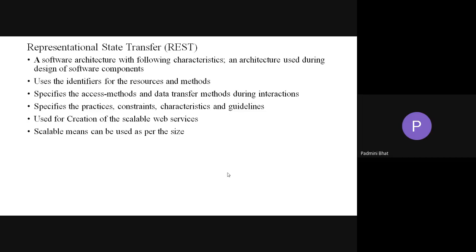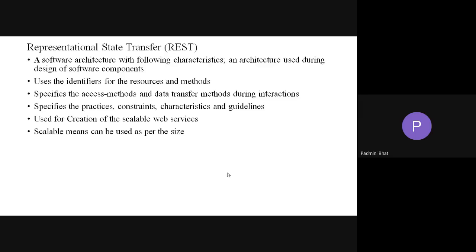It has to specify which resource, so it has to identify the resources. It has to specify the access methods. How am I going to access it? Whether it is in compressed form, or modulated form, or encrypted form. So that has to be specified.